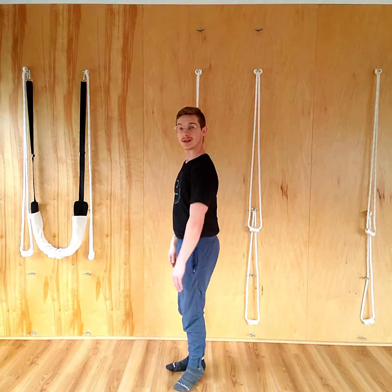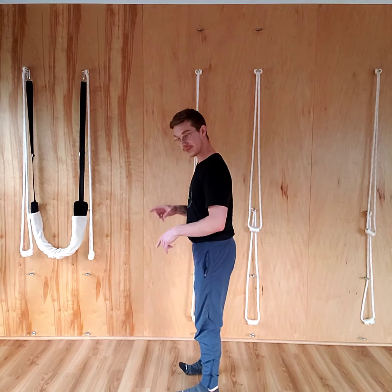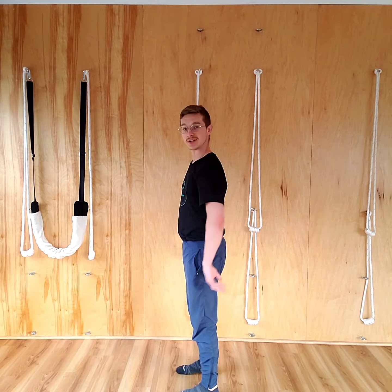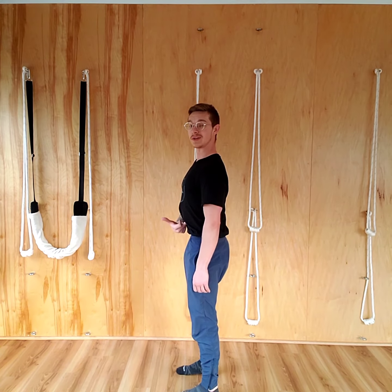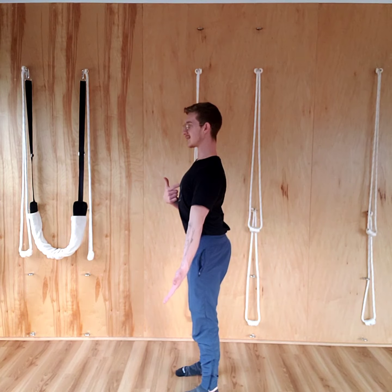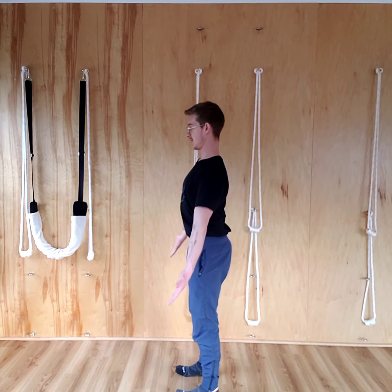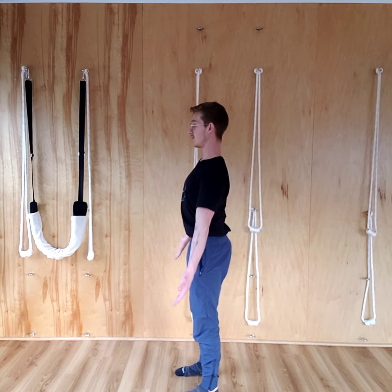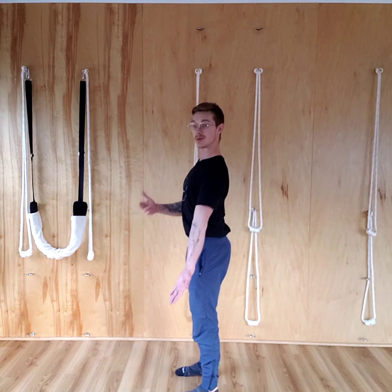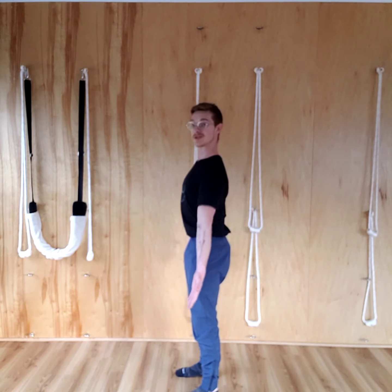So just to cover this again, checking in on the feet, that triangle position, spinning out the shins, engaging in the glutes, drawing the navel in and up, rotating those palms outward, slight extension through that chest, tucking that chin, lengthening through the crown. From here, if I feel comfortable, keeping my shoulders where they are, I'm going to slowly